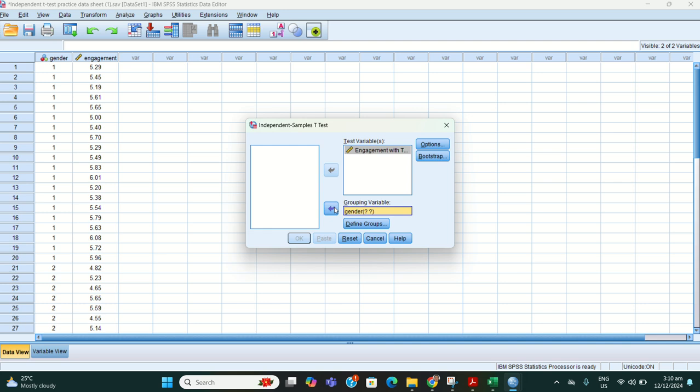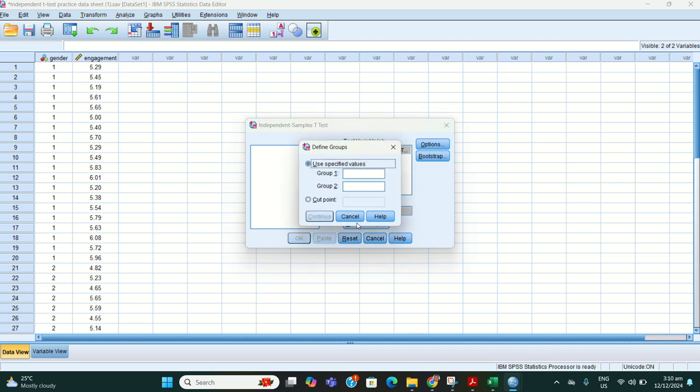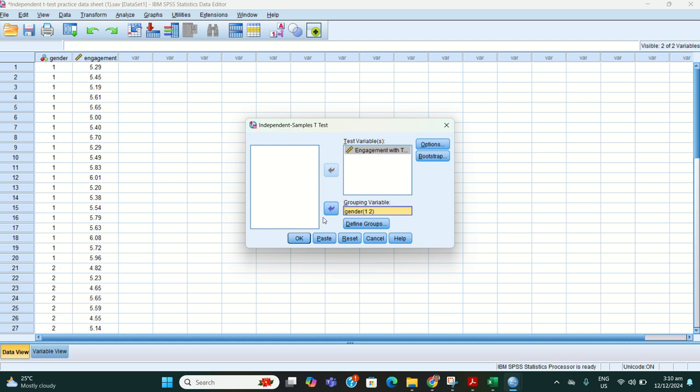Next, you have to define groups. You have to use specified values. For group 1, it should be 1, and for group 2, it should be 2. Then after that, we click Continue.